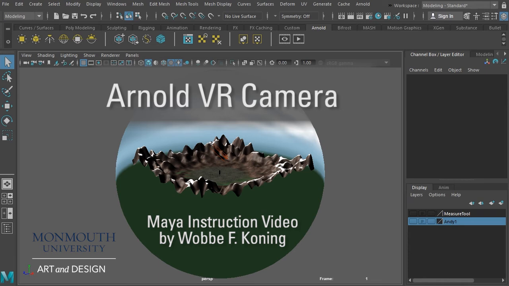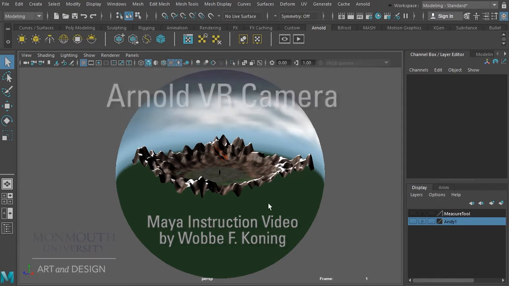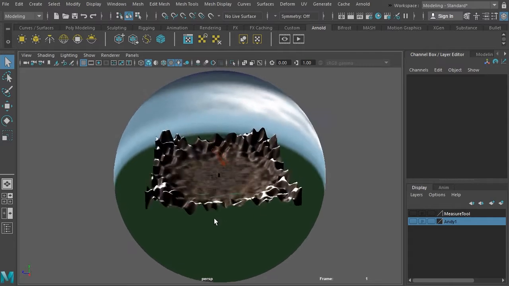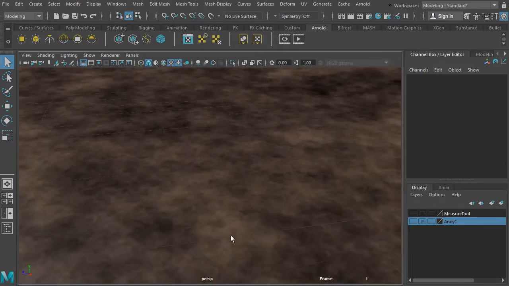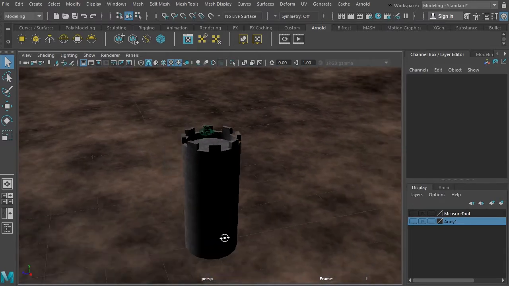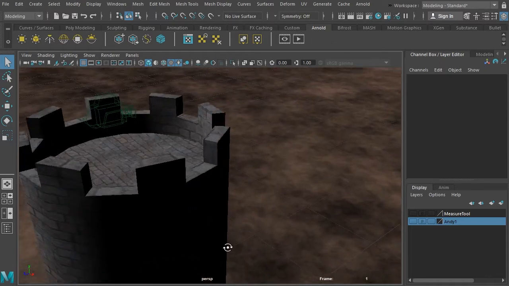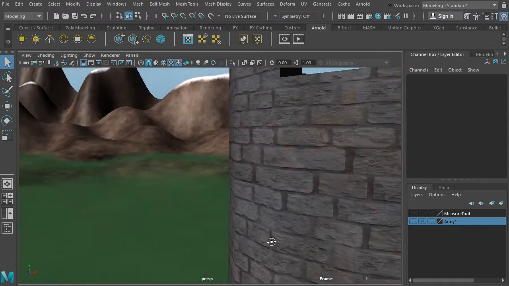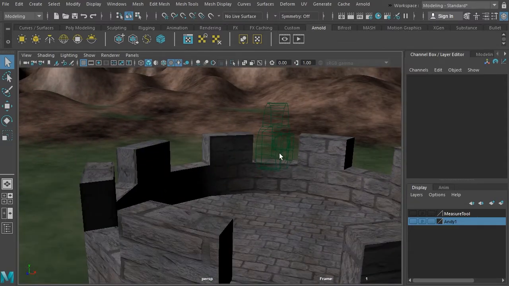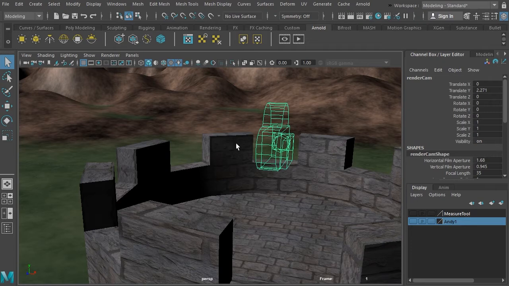Hello, I will be explaining how to use the VR camera from Arnold inside of Maya. A world that's relatively big is in here, and it's all set up for rendering. There's lights and textures, and there's a tower, and we want to be right on top of that tower looking around into the world around us. So there's a camera there, which is a standard Maya camera, and if we render this, we get